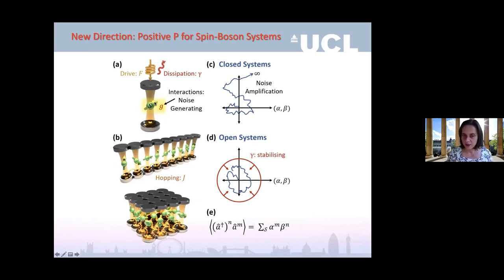You can do it in two ways: either represent your spin in terms of a coherent state, which has some problems, or you can take the spin and map it to bosons. If you represent the spin as bosons, this is very easy, and we already have preliminary results showing that